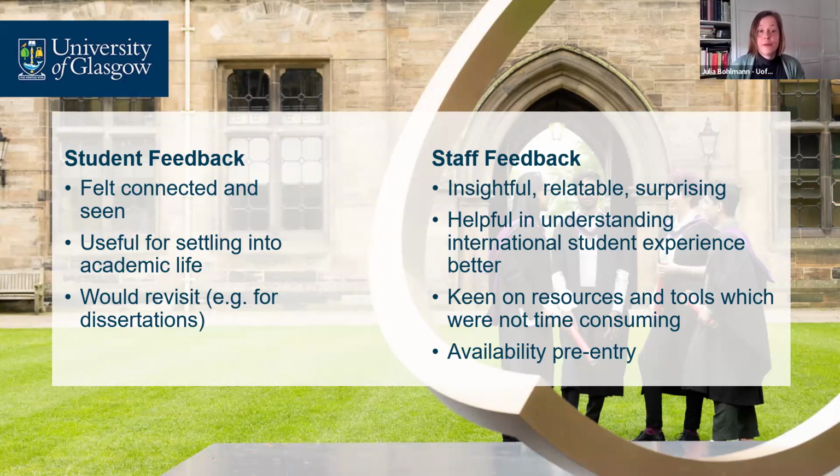We also received feedback from staff at various learning and teaching committees and school away days, as well as through the inbuilt feedback tool. And most found the videos insightful, relatable, and even surprising at times, which hopefully indicates that we are succeeding in working against deficit narratives to create a better informed understanding of the international students' experience among